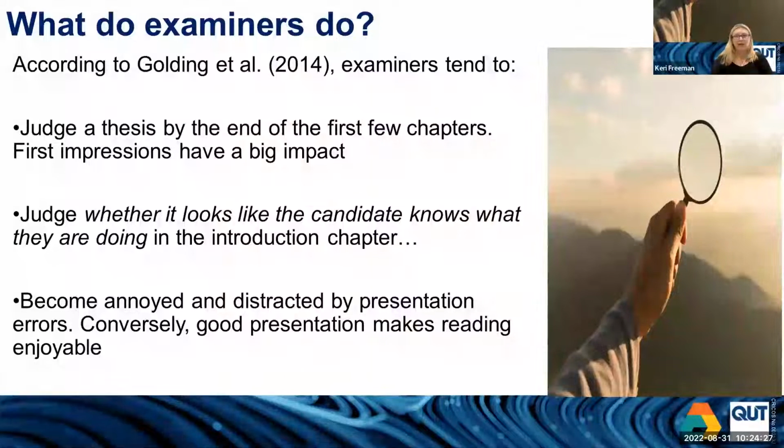So there's been a bit of research around this. There's a couple of really excellent research articles. This is one of them by Golding et al. What they found was that basically by the end of the first few chapters, the examiners have judged the thesis. Now, as always, we don't know whether they're going to read it from front to back, but they often do. They might have a bit of a flip through certain chapters, but at some point they will read it from beginning to end so that they can see the flow and the structure all the way through. And by the time they get to the end of the lit review, they have judged what they think the thesis and the research is like.